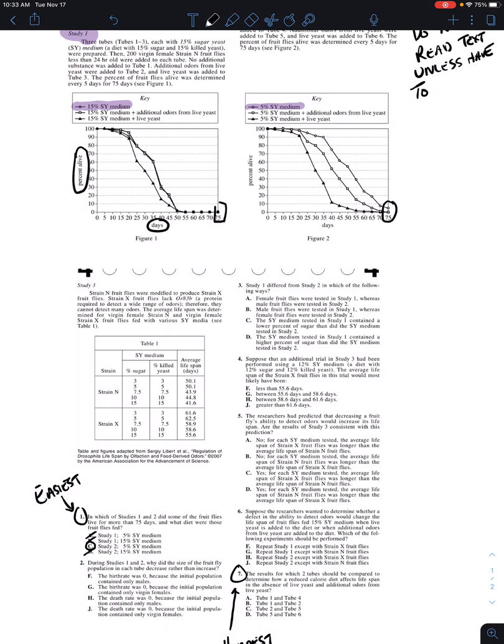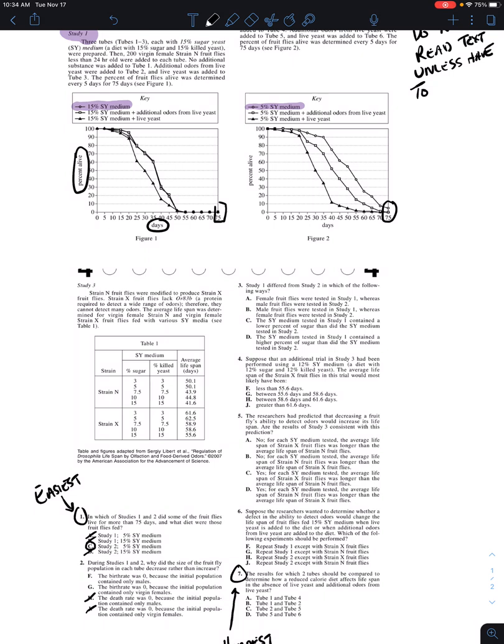So if the fruit fly population in each tube is decreasing rather than increasing, that means that the birth rate has to be equal to 0. If the death rate was something else, then we would have a population going up. So since the birth rate is 0, we now can figure out all of F and G say the exact